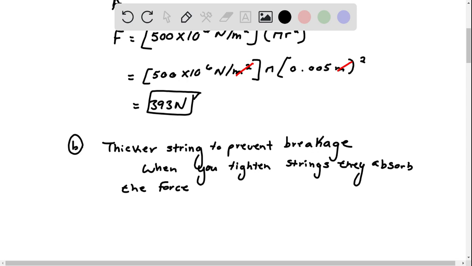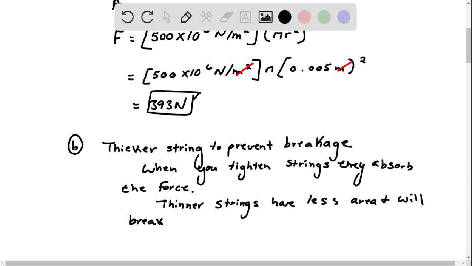If you use thinner strings, they have less area, and they will break as the ball hits the string. Okay, so they're absorbing the longer